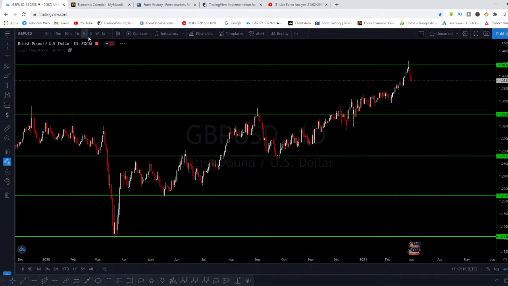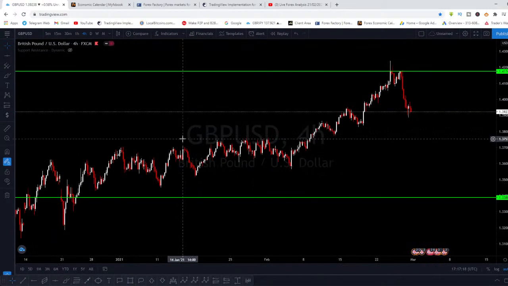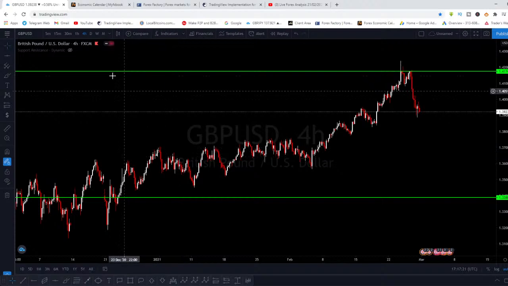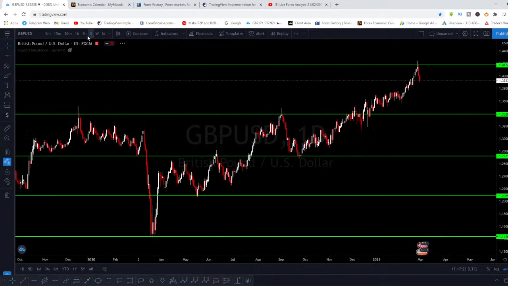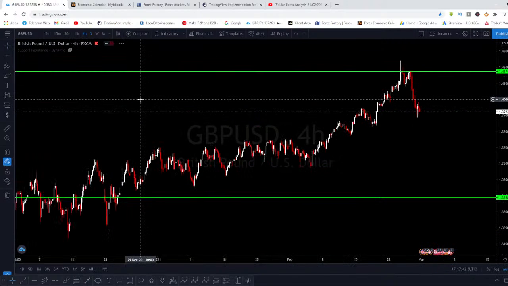Let's get it. So yeah, let's go back down to the 4 hour time frame, guys. So this is the 4 hour time frame right now, after we put our support and resistance on the daily time frame on GBP USD, right? So now we can understand exactly what we are going to be expecting on GBP USD when the market opens, right? It is very, very important.